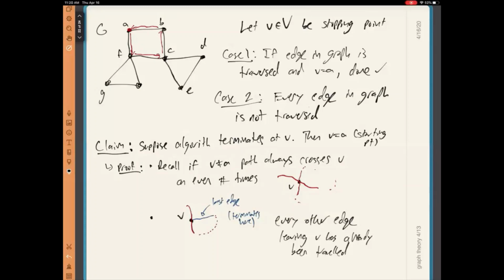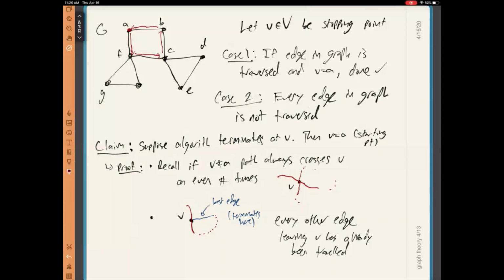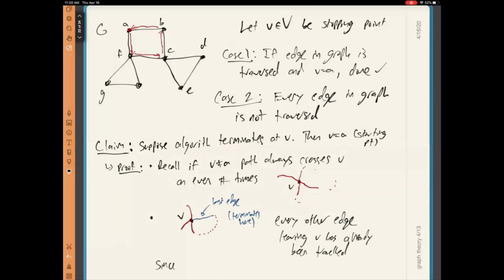The picture I drew, in this picture, V has an odd degree, right? So since I'm assuming that V has an even degree, it has to look like this. And so therefore, since V has even degree,